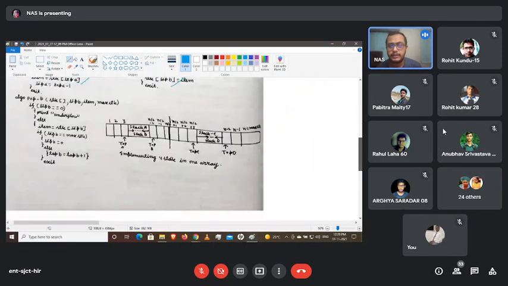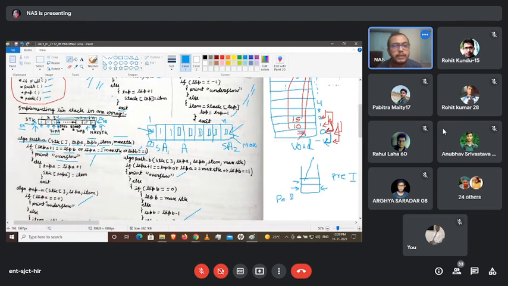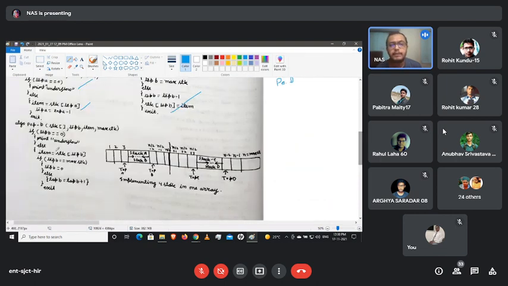And if data is occupied within that particular stack, then what will happen? If top B equals max stack, see this particular line, it means our top B is at the max stack position. Then what will happen? It means a particular data is occupied at the max stack position, or the nth position, so this data will be deleted, and the top pointer will come to void, so 0, because after popping out this data, obviously the pointer is going to move to this side, and this position is 0.